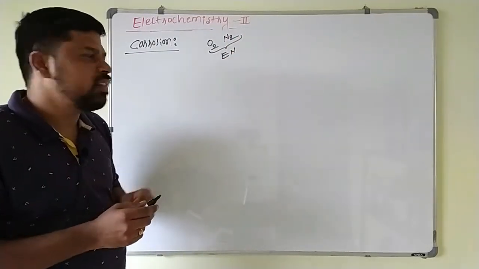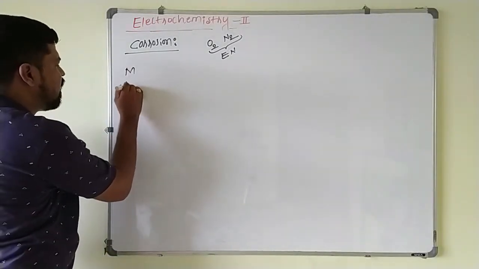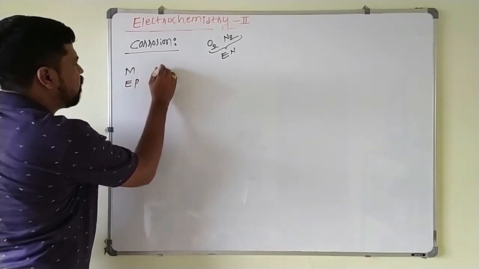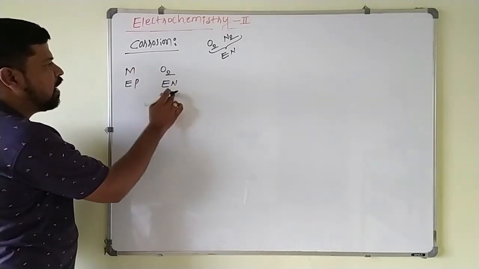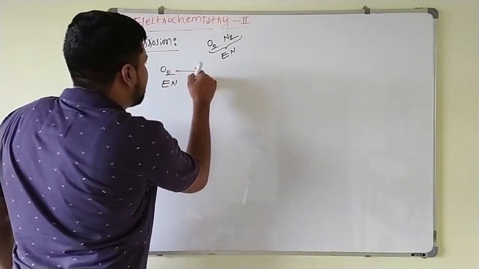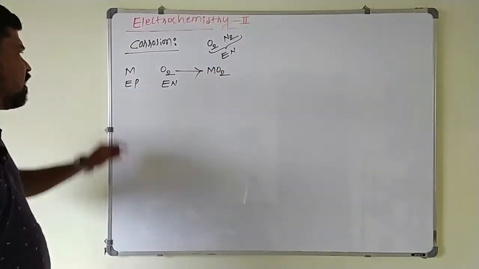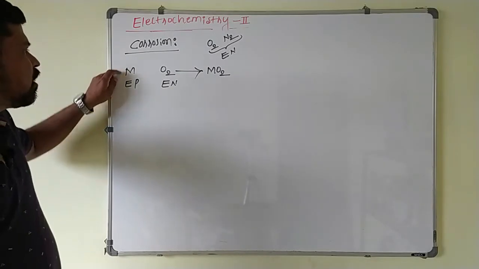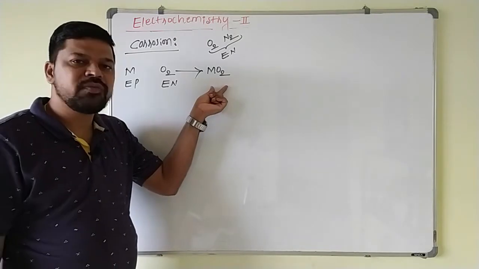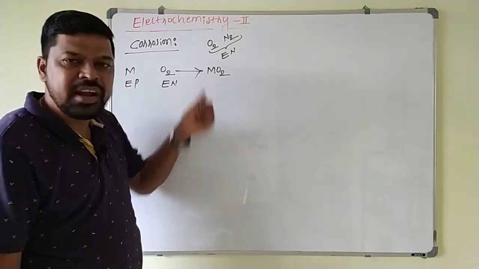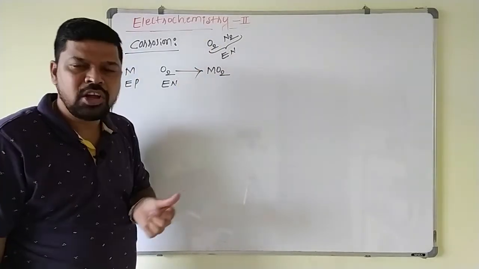They will combine together. There is a reaction between these two. For example, if I take this metal, which is highly electropositive, in contact with atmospheric oxygen, which is electronegative, they will combine together rapidly, so that there is a formation of what? Metal oxide, during which this metal undergoes oxidation and loses its electrons, and there is a formation of metal oxide. Due to the formation of this metal oxide, the strength of the metal will decrease. This decrease in the strength of the metal due to the formation of this oxide is nothing but corrosion.